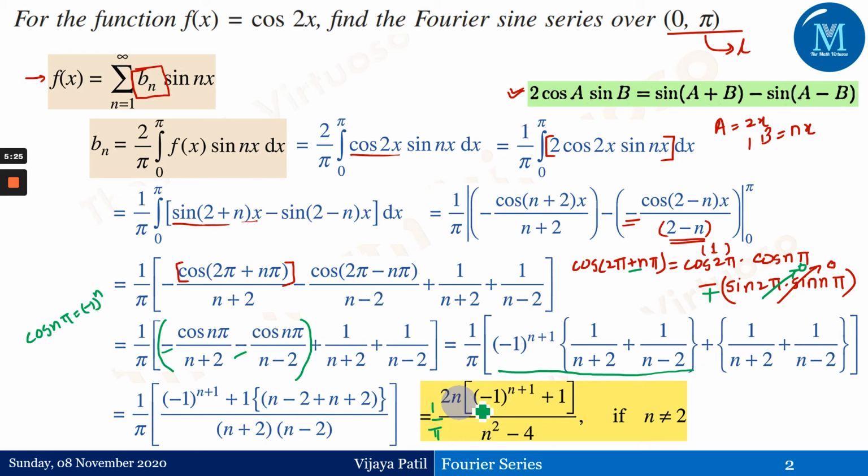Okay, so I forgot actually. It's 1 by pi, 2n upon, into minus 1 to the power n plus 1, upon n square minus 4. Now this one term you will be able to see here. We have discussed this type of question already: if I put the value of n equals to 2 in this particular bn, what will happen? This term will move to 0. So this n square minus 4 will move to 0. If the denominator moves to 0, something upon 0 would move to infinity, and therefore this term will not exist for n equals to 2. So we have to consider that separately. So we need to find out bn separately.